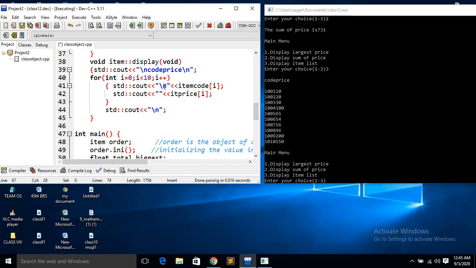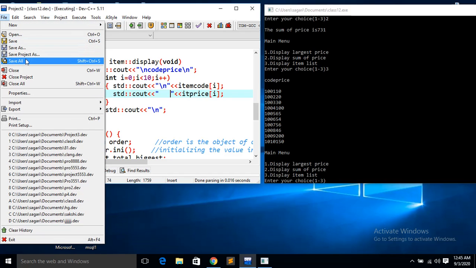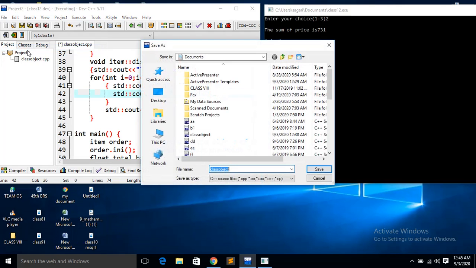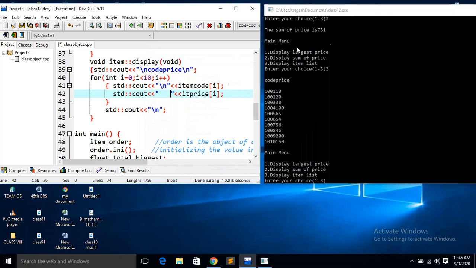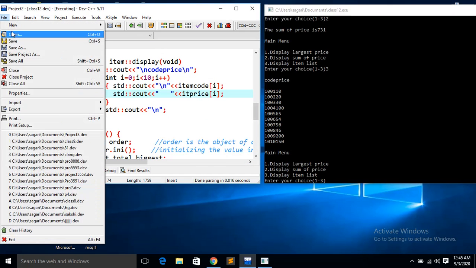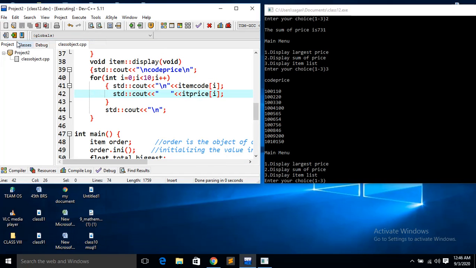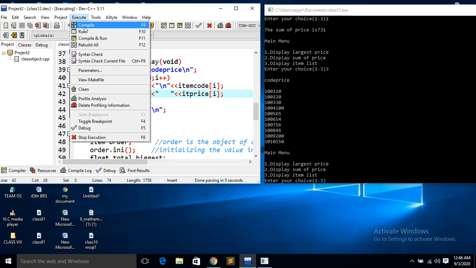I have given \n item code, is it not? Then item price, here I have not given any space, so let us give some space. So if I give some space, again after any modification, you just save the program, and then again you have to compile.